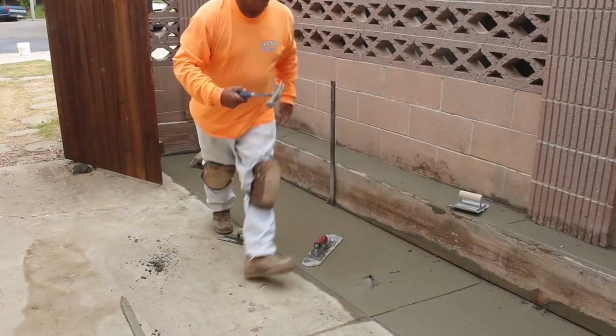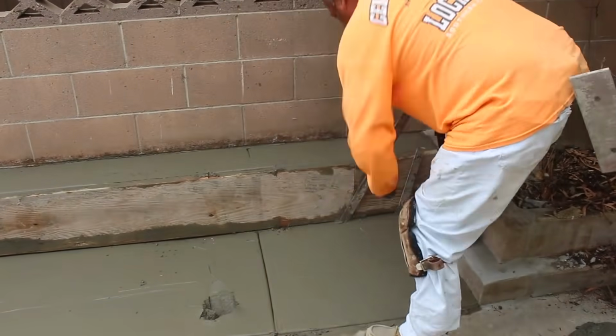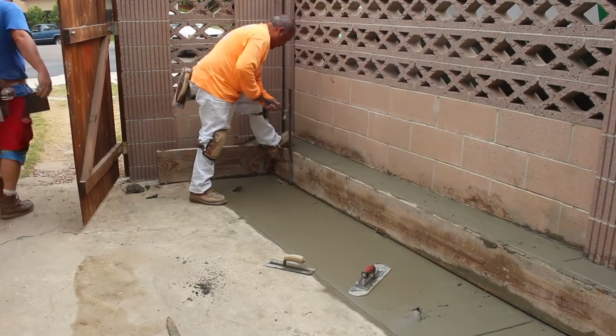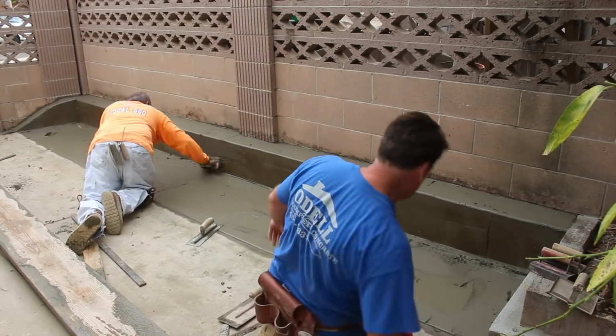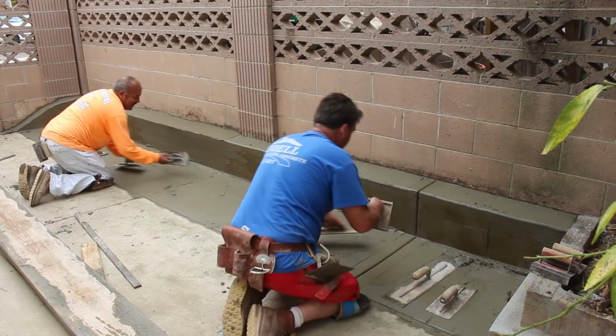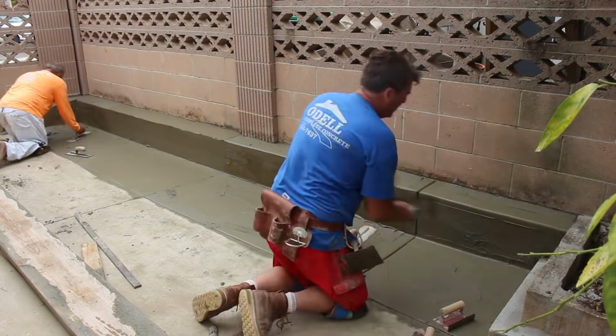Here comes your vertical stakes. They're coming out right now. And I did oil this 2x12 up really nicely, so you're going to see how easy this thing comes away and clean. Look at that, not a rock pocket in it. You really don't even need a hand float when you come away that clean. You just start hitting it with a trowel. You can almost broom it as is, but we're going to touch it up a little bit anyway